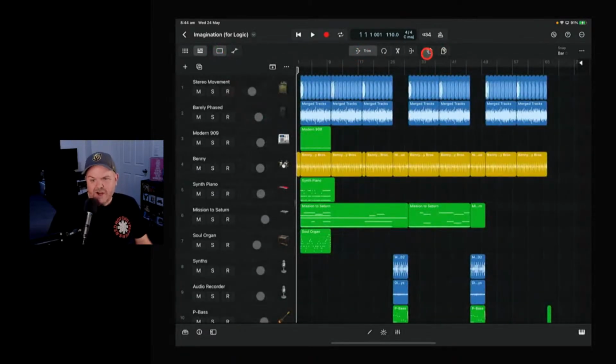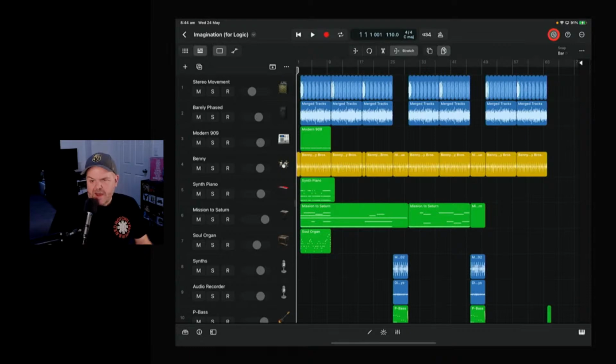You've got your editing controls. So you can not only trim, but you can loop, you can split, and you can stretch. Yes, people are going to be happy with this one because audio tracks as well as MIDI tracks, you can stretch them out. So we don't really have the full flexibility of Flex Time like you do in Logic Mac, but we do have the ability to actually stretch out samples, which is pretty darn cool. These ones here are a multi-select, so you can select multiple items like that, and the copy mode allows you to grab a track and quickly copy a region like that, which is super handy.